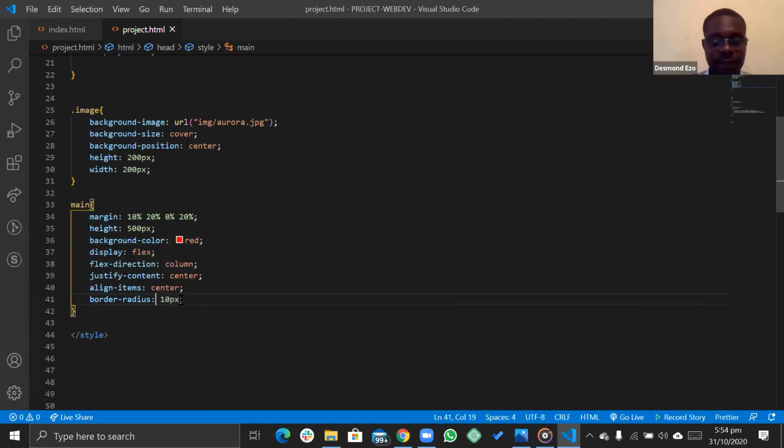So the top, I want the top and the top right, apart from the two bottom corners. So I'm just going to do border radius 10px.